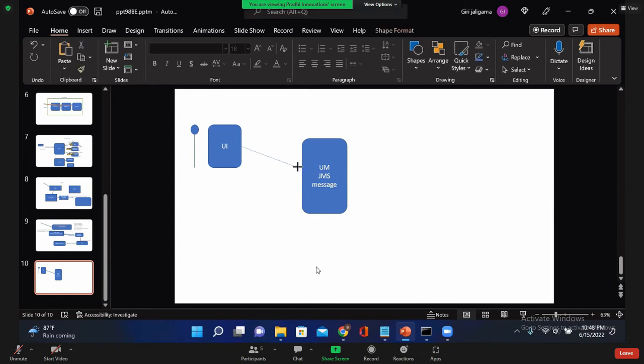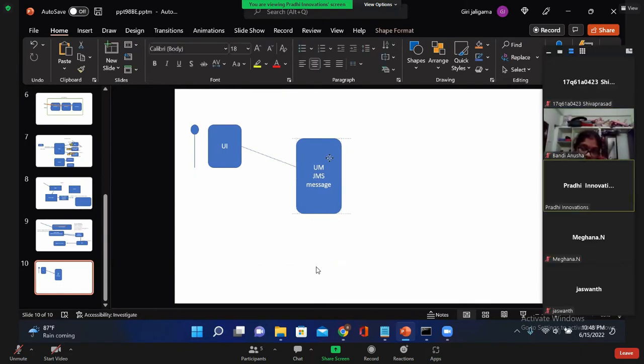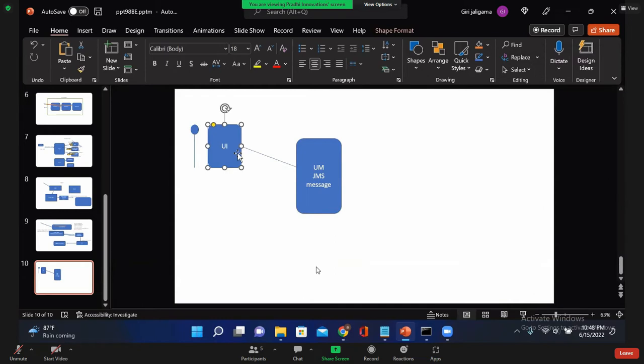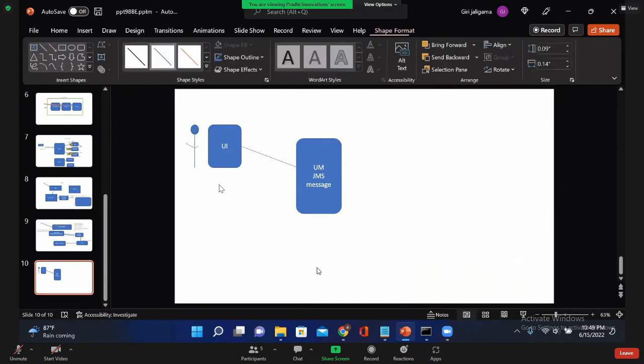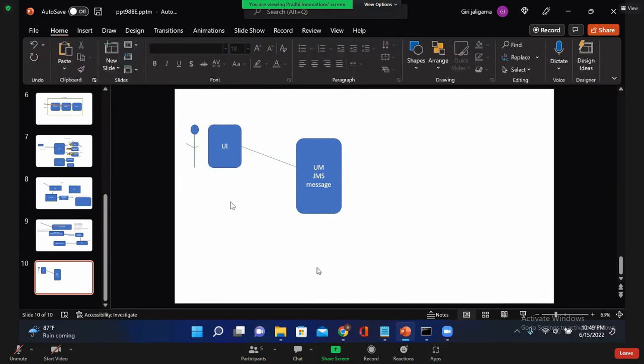The use case is like we have a UI application. Let's say you went to a bank to open an account. The person who sits there, the bank officer, asks you a few details and asks you to fill up some forms, and then he will go to the UI application. He enters some details like your name, your address, and date of birth, and some other details, and then checking